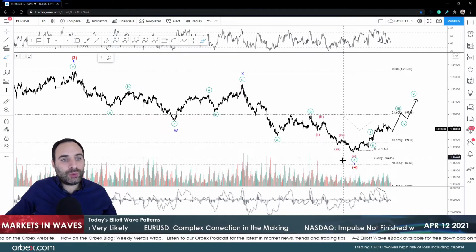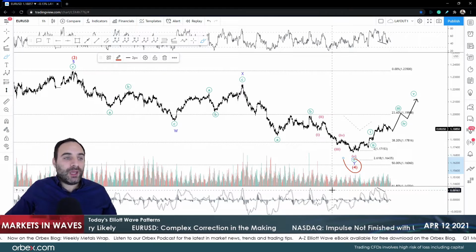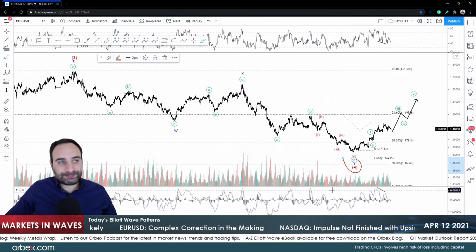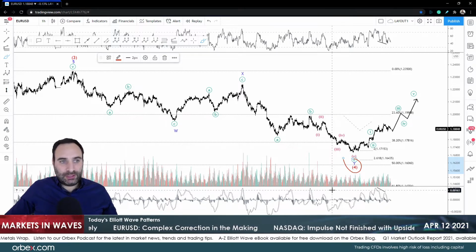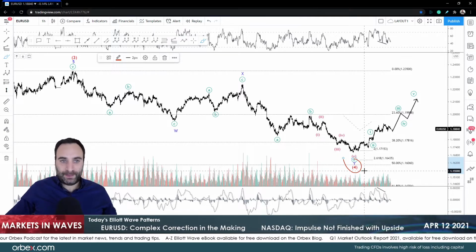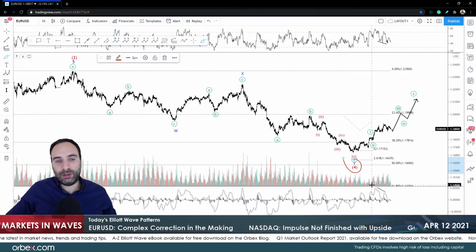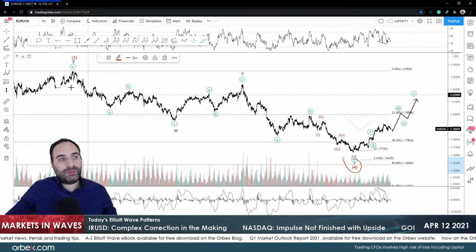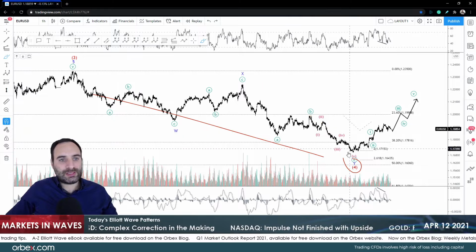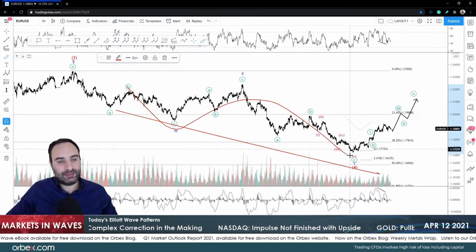As you well know, we called this low quite a few times and with quite different observations. But the two main scenarios were a triangle and a double three. Actually, that's a double zigzag, my mistake. What is really curious though is that I'm still not convinced we've had a low, because it would be a case, as we said, that this is a triangle and we are going up higher, which means that was indeed the reversal point, or it's a triple three, A, B, C, W, X, and Y,